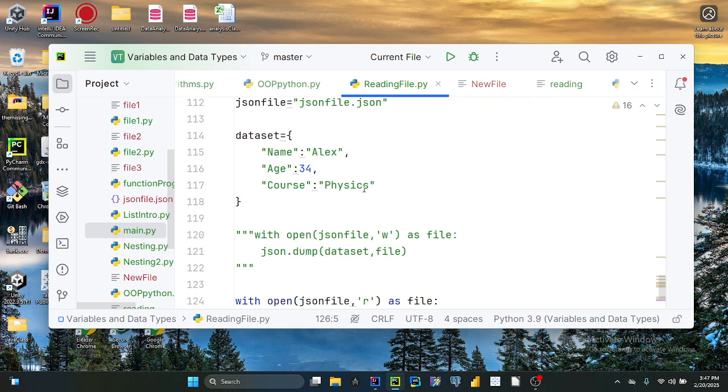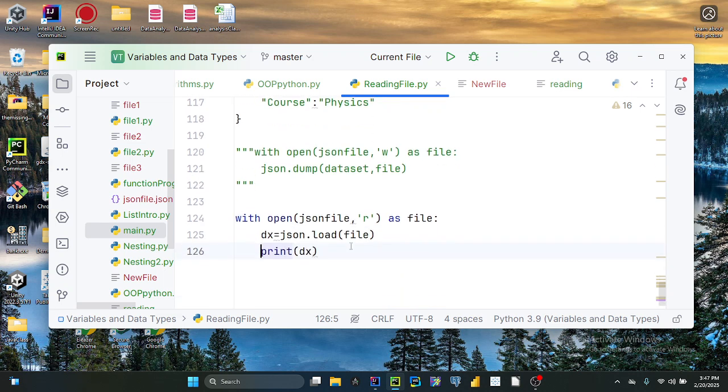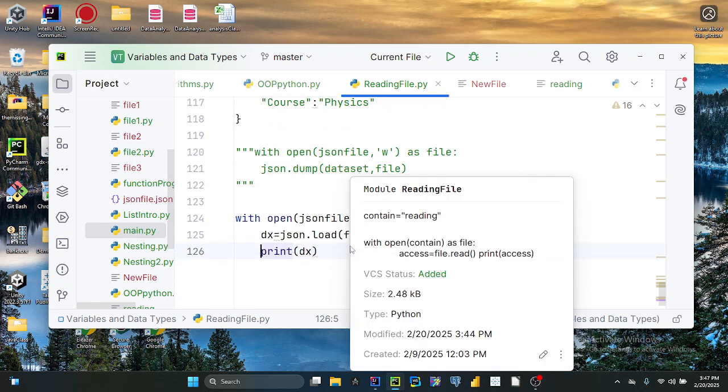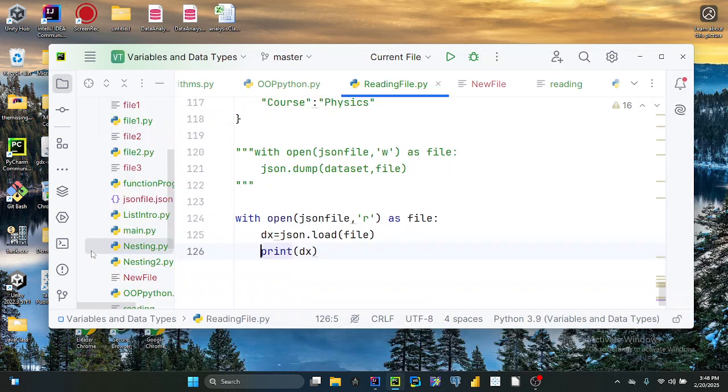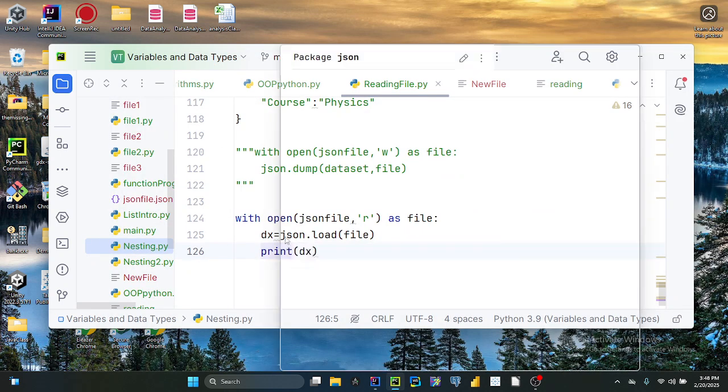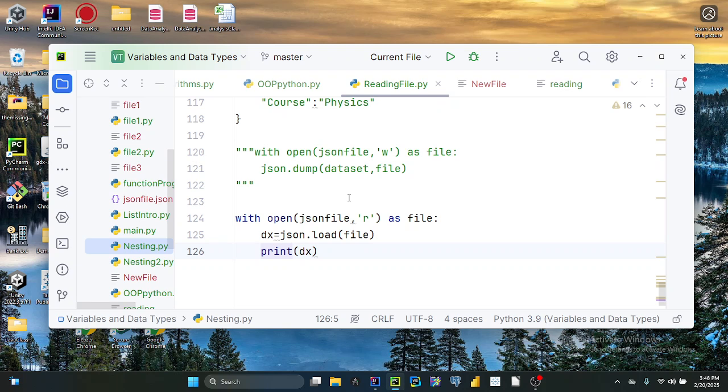And I also said that the with open command also allows us to refer to the JSON module that also has two classes, called the load and the dump. The first allows us to send data to a file, and the second allows us to access data from that file. But now you can see that here,